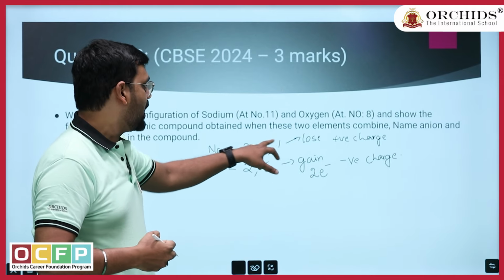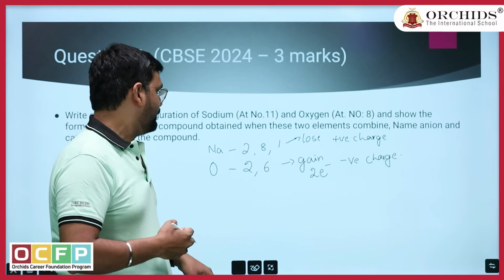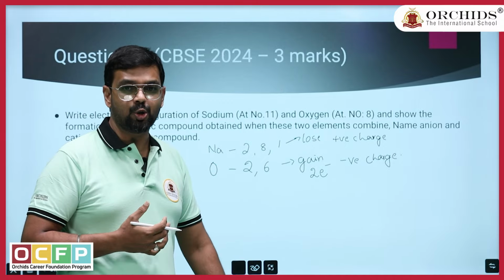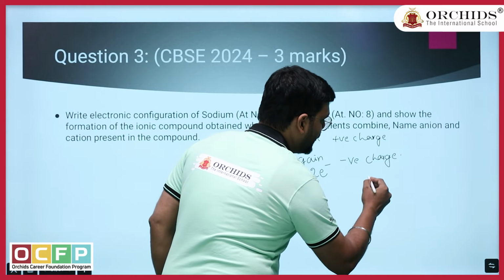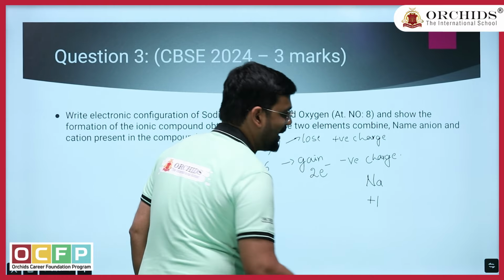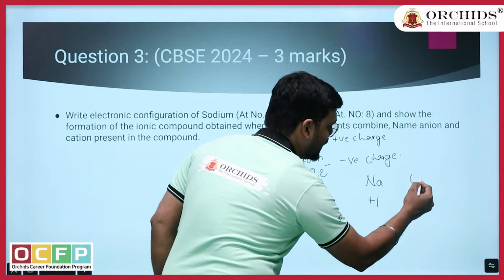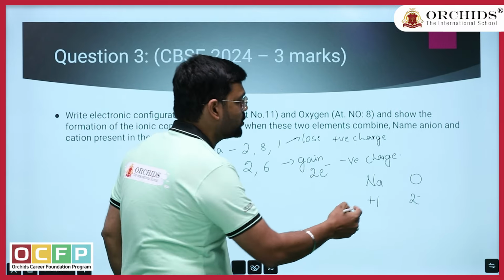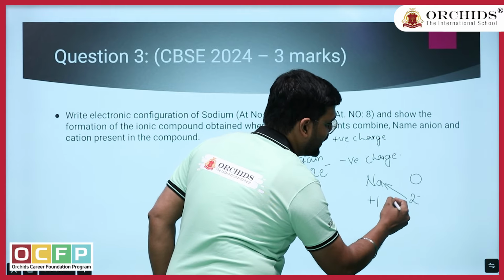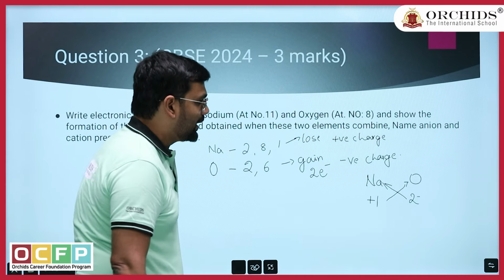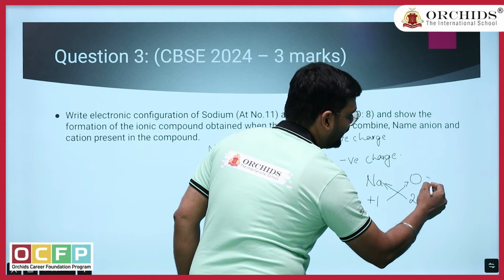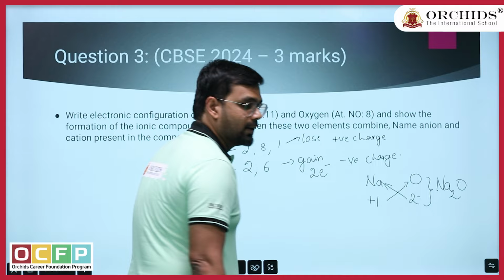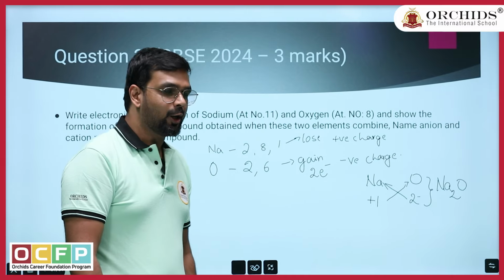So from this you can see sodium can give 1 electron. Oxygen has to gain 2 electrons, but how can a compound form between these two? If you see sodium, what is the charge? +1, right? What about oxygen? It is 2 minus basically. So in order to form a compound between these two, you know the crisscross method which you have learned already in your grade 9. According to the crisscross method, the compound that should be formed between sodium and oxygen is Na2O. Correct? So Na2O is the ionic compound which is being formed.